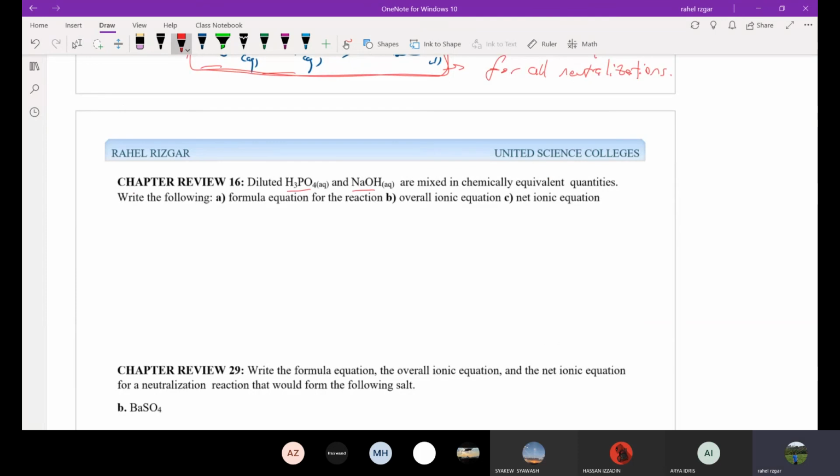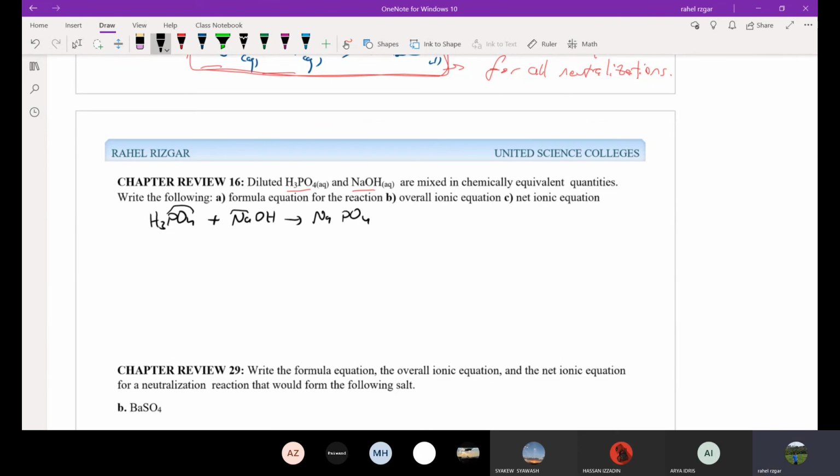H3PO4 with NaOH. Now, H3PO4 with NaOH react together. Salt and water. What is salt? Cation of base or cation base. Anion of acid or anion acid. So it becomes